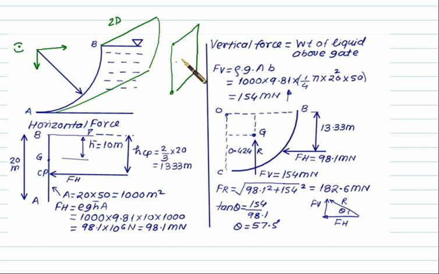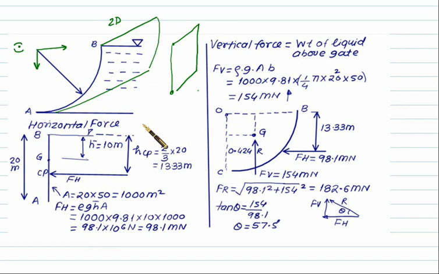In that case, you first have to locate the centroid. We have a radius given as 20, so we have a height equal to 20. And this one is the edge view; I have shown the edge view here. Locate the G point, which is exactly half of it, that is 10 meters. The center of pressure in this case for a rectangle is the standard 2/3 into 20, which we can locate. And to calculate FH here, we have the formula rho g h bar into area. H bar you have to put as 10.